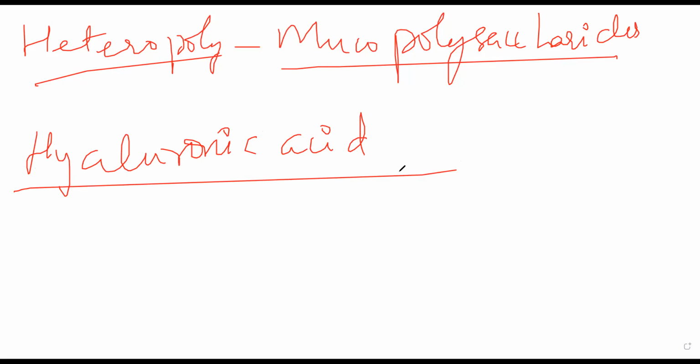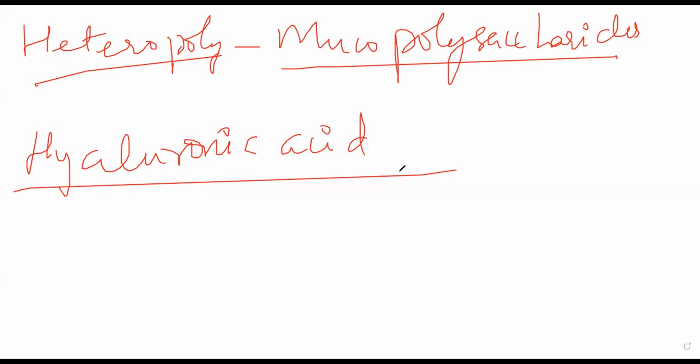It is also found in the vitreous humor of your eye. Okay, so your eye has two different compartments. One compartment contains vitreous humor, the other compartment contains aqueous humor. Okay. So hyaluronic acid is a structure that is found both in synovial fluid as well as in the vitreous humor of your eyes. Synovial fluid of your joints and vitreous humor of your eyes.